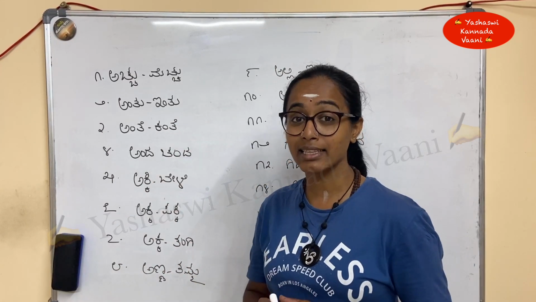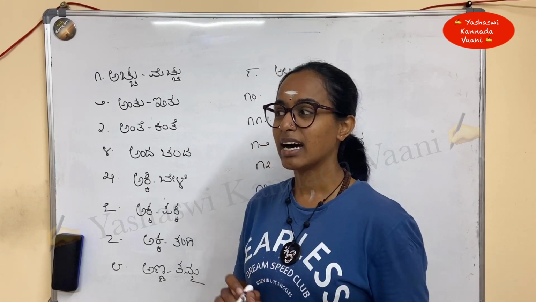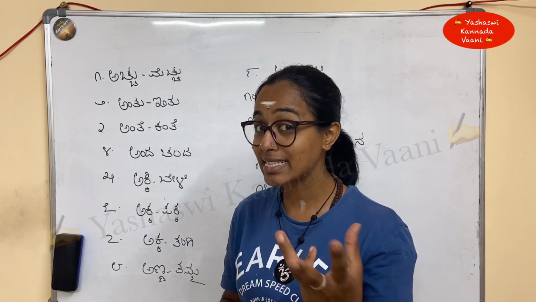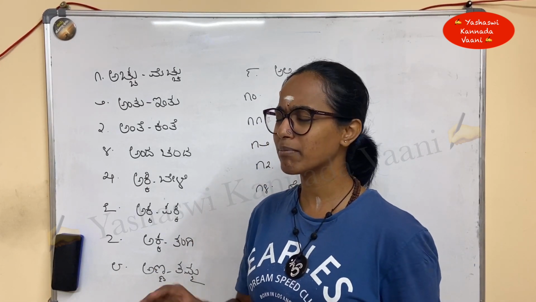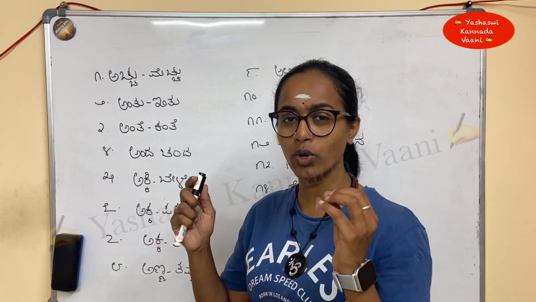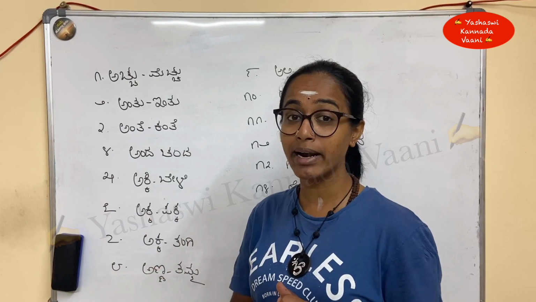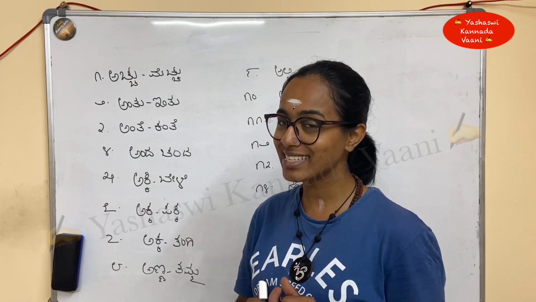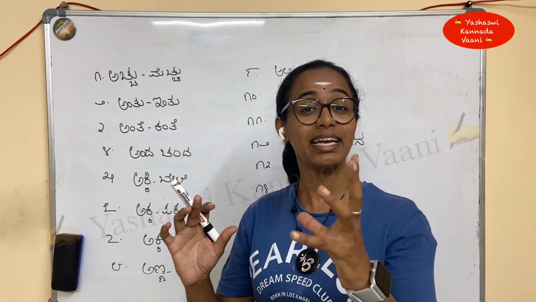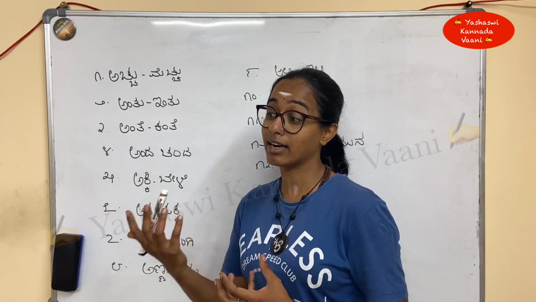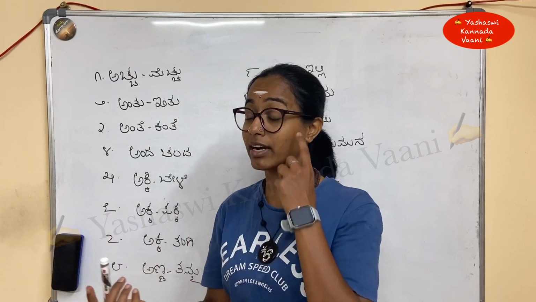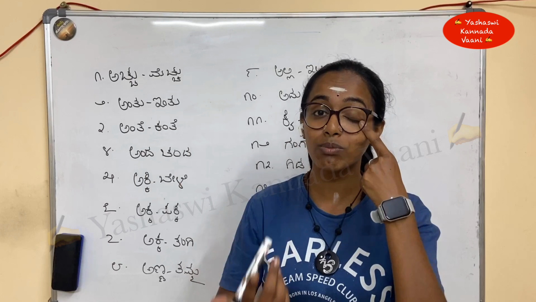Next is ante kante. Ante kante is rumors, I heard. Okay, I'll give you an example. ಬರೇ ಅಂತೆ ಕಂತೆನೇ ಆಯಿತು. It's only all about the rumors. Don't say ಅಂತೆ ಕಂತೆ. ಅಂತೆ ಕಂತೆ ಎಲ್ಲ ಹೇಳಬೇಡ ನೀನು. So this is ಅಂತೆ ಕಂತೆ. Basically it is used to signify, to identify or to showcase the rumors.